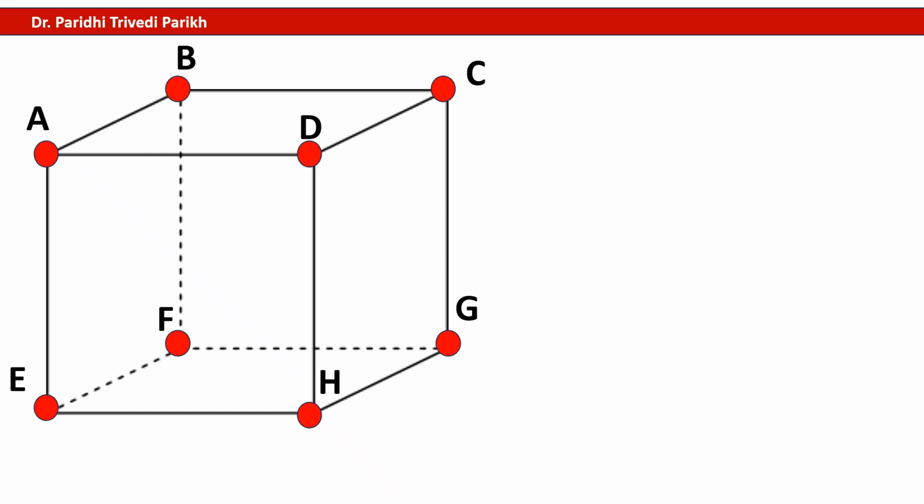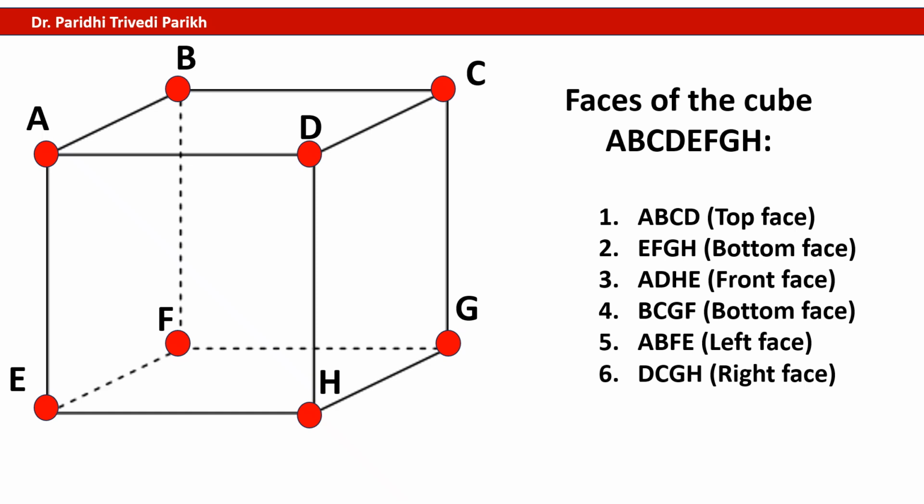This is a really interesting figure for those who have not seen a cube in this way. Please understand a cube has 6 faces and 8 vertices. Vertex means the points where edges meet. When we talk about the figure of a cube given on the screen, the names are A, B, C, D, E, F, G, H. They are nothing but the names of the vertices.